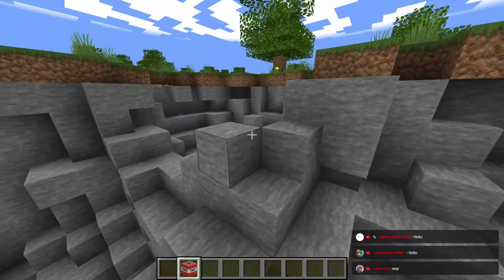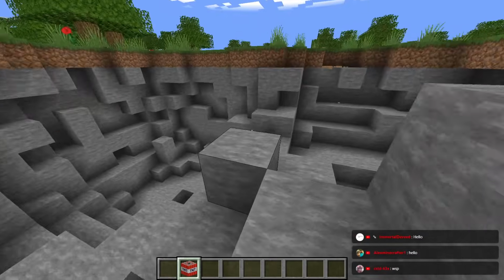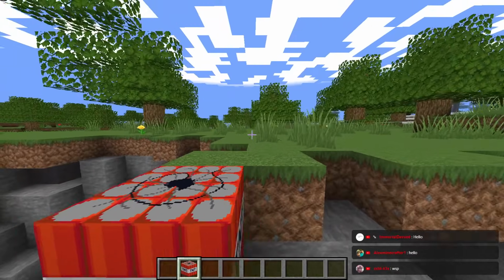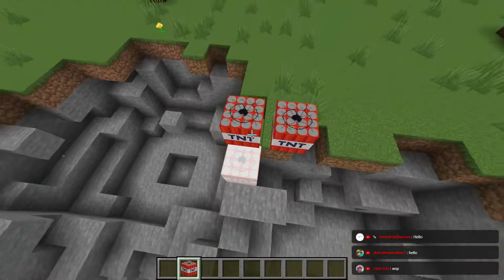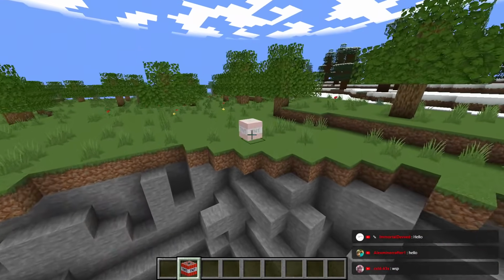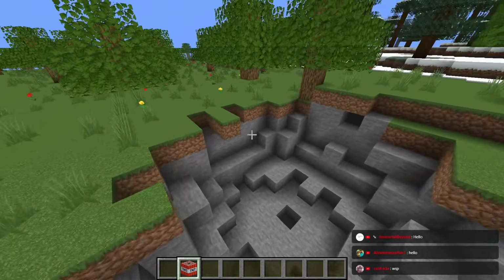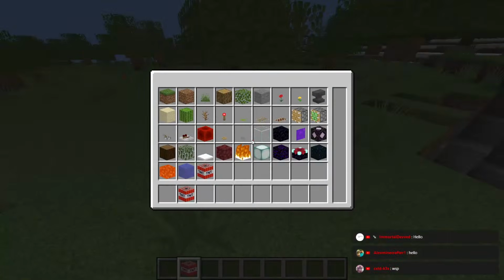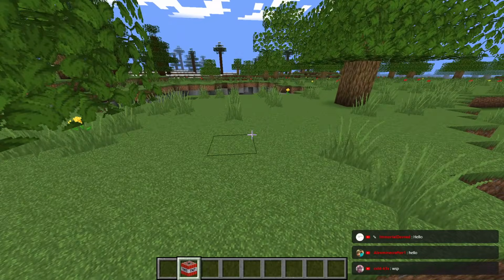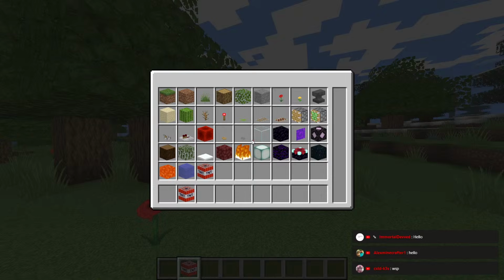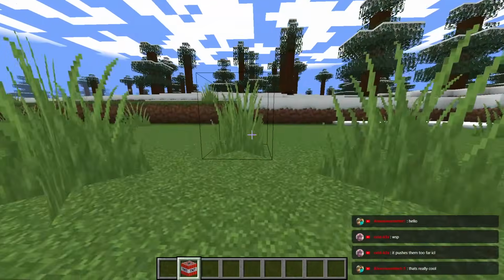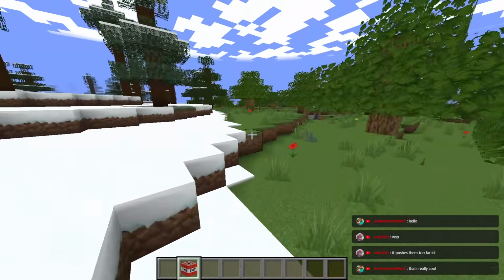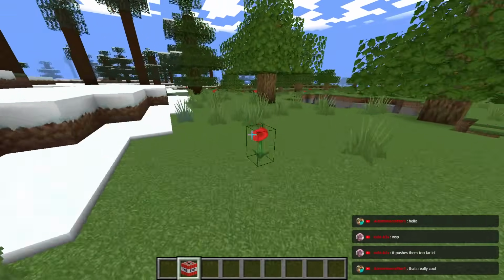Also, we managed to make them push other TNTs. So if we do it like this, and we make these ones like this, it should push them. Okay, it managed to push this one. It managed to push this one. So that's kind of the short summary of what we did. It pushed them too far. That's really cool. And so from here on out, we'll decide what we are going to focus on this stream,